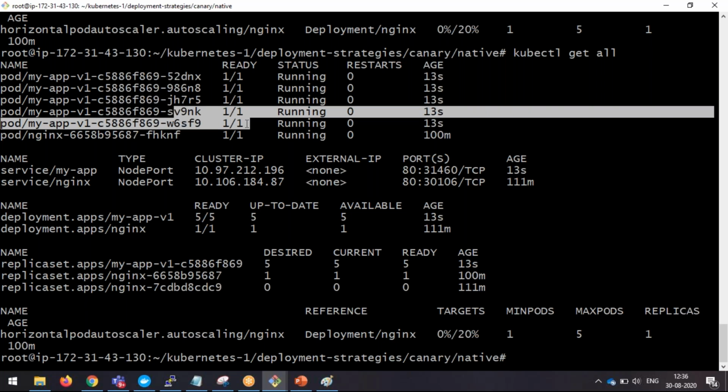Now I will scale down my version 1 to some lower count, from 5 to 3 or 5 to 4. Then the rest I am going to fill with the version 2. If I scale down to 4, then 1 I am going to fill. If I scale down to 3, 2 I am going to fill. So how are we going to do it? With the help of the scale option,